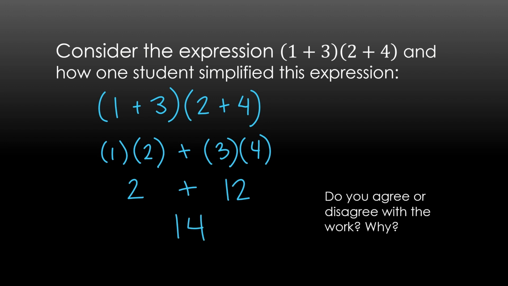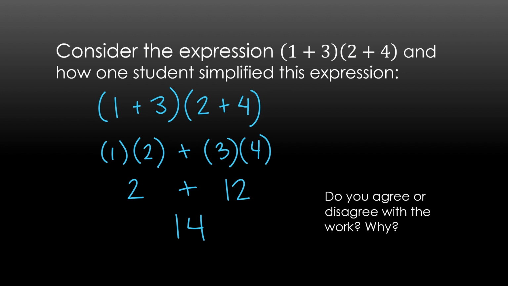And this is a good discussion to have with students because they can quickly figure out if this is right or wrong, okay? We could go ahead and simplify up here. We know that 1 plus 3 is 4, 2 plus 4 is 6. We can do 4 times 6, and we know that something went wrong here with this student work. But figuring out why and what's going on is important for students to realize because they often make this mistake